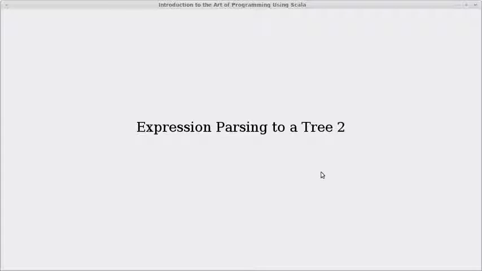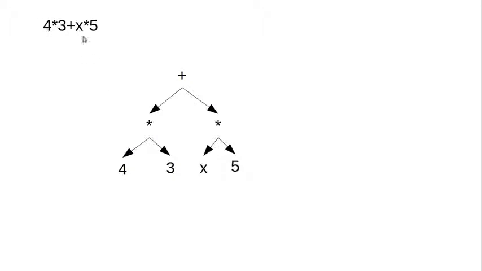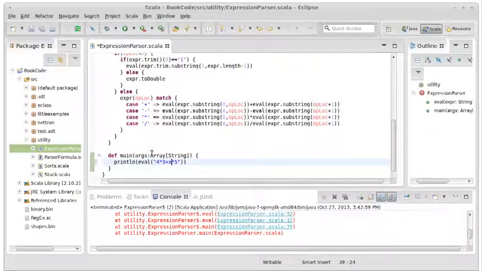In this video we're going to continue talking about parsing expressions and parsing them to a tree. So we looked last time at how we can take an expression like this and parse it out to a tree, and this is really needed if we're going to introduce variables. However, the code that we had written in the last chapter did not support variables. If we try to run this right now,